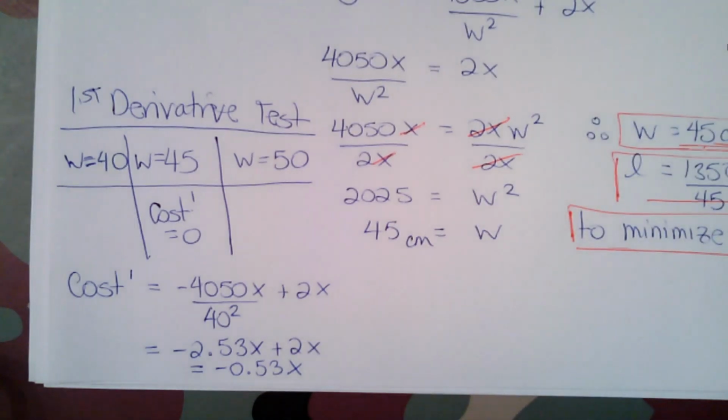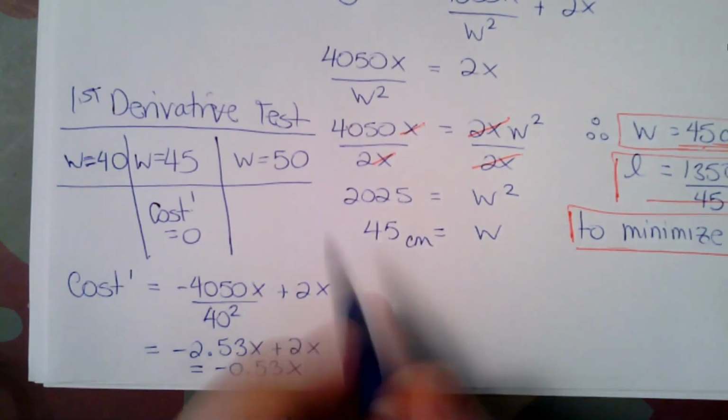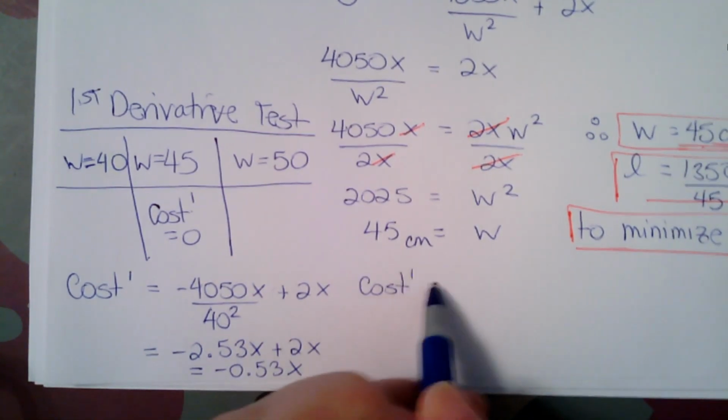Alright, so that's what I get for now. I'm going to explain that in just a second. I'm going to do the next one real quick before I give you the rundown on what's happening. So when I do it one more time with the 50 instead,